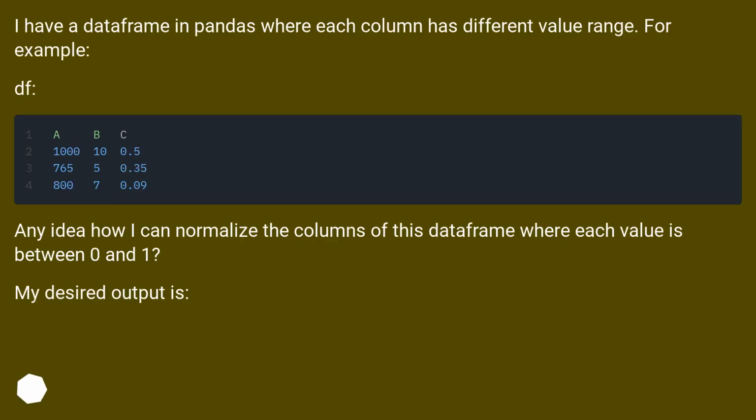Normalize columns of a data frame. I have a data frame in pandas where each column has different value range. For example, df. Any idea how I can normalize the columns of this data frame where each value is between 0 and 1? My desired output is